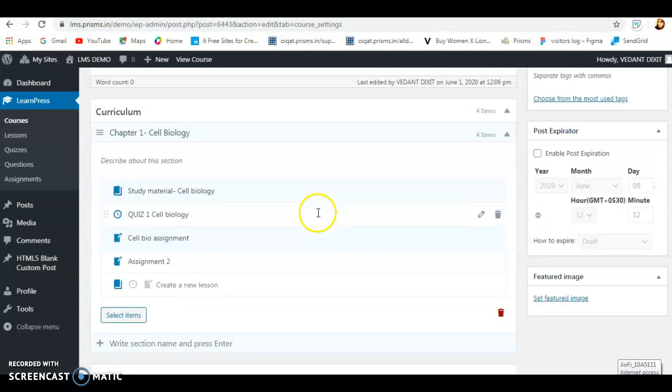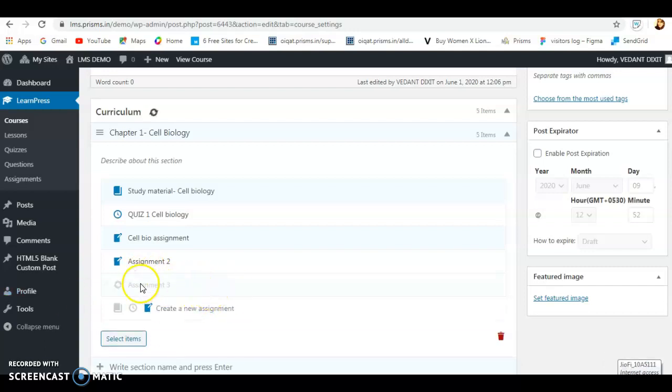Okay. So over here, let's say I want to create an assignment 3. So I'll just click on this icon and type assignment 3. The nomenclature or the naming of the assignment is completely up to the teacher. First you have to remember to select the paper pen icon, type in the title and press enter. After that, in front of the assignment tab, there's an edit item tab. Click on it.